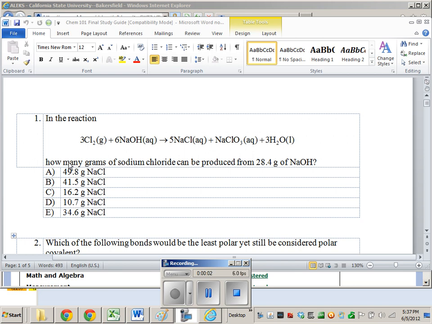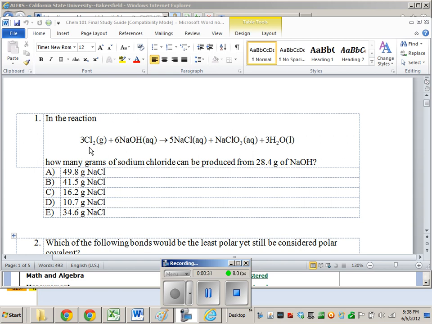So let's consider this problem from the study guide, problem 1. We have a reaction that is given to us, and we're asked to find how many grams of sodium chloride, which is here a product, can be produced from 28.4 grams of sodium hydroxide in the reactants. So they don't mention anything about the other reactant, chloride,